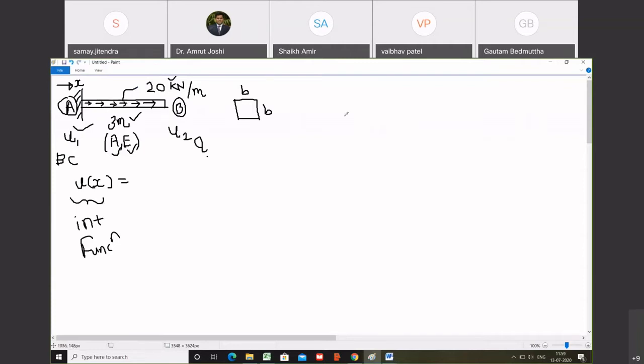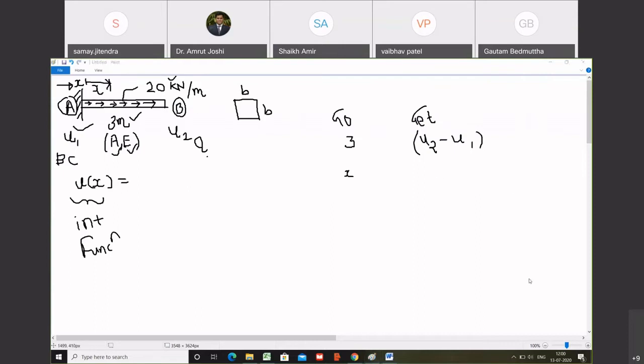Okay. Now look, go a distance of 3 meters from A. I am going to take x from the left end. So go a distance of 3 meters from A. You get an increase in deformation, or differential deformation, of U2 minus U1. Do you agree with me? Yes. Go a distance of 3 meters, you get a difference in deformation of U2 minus U1. So go a distance x. What is the difference that you are going to get?